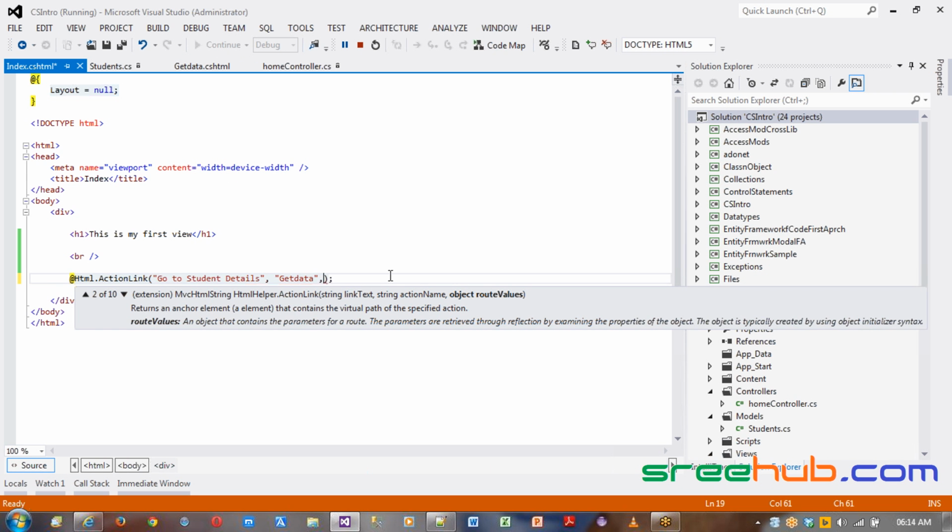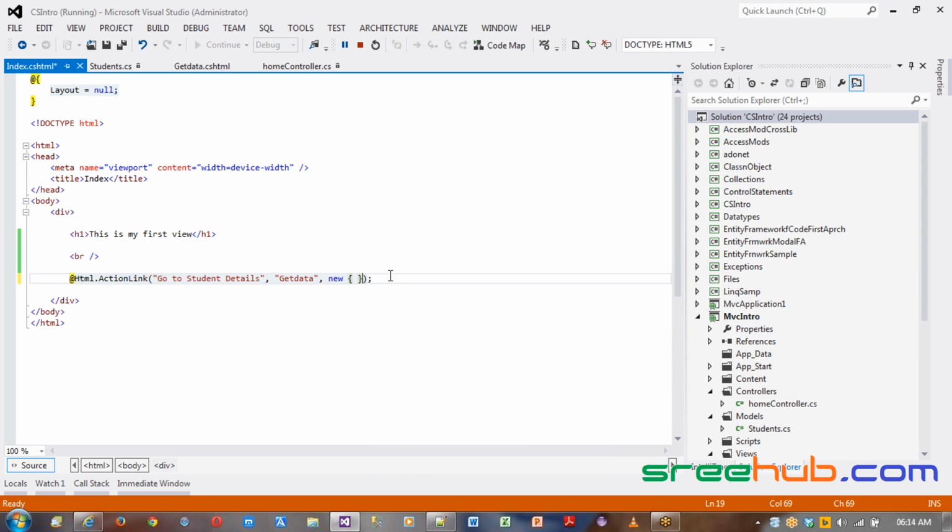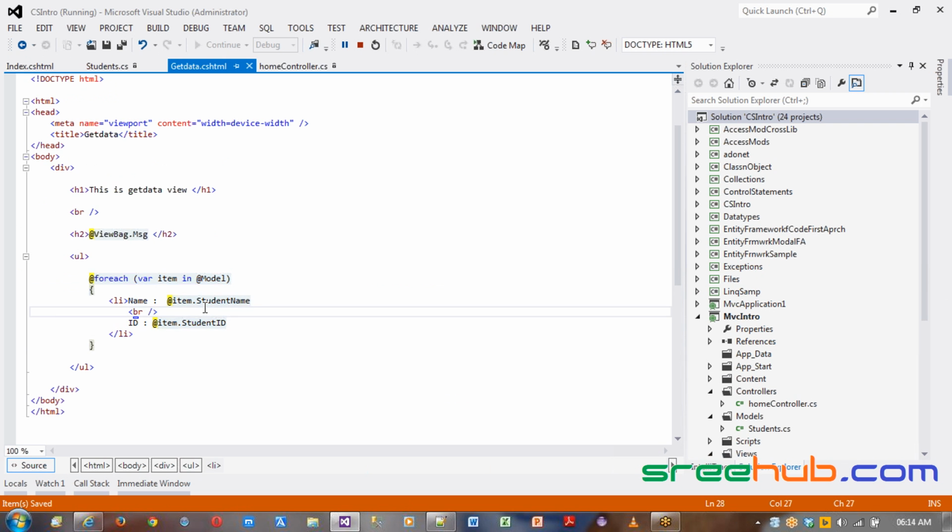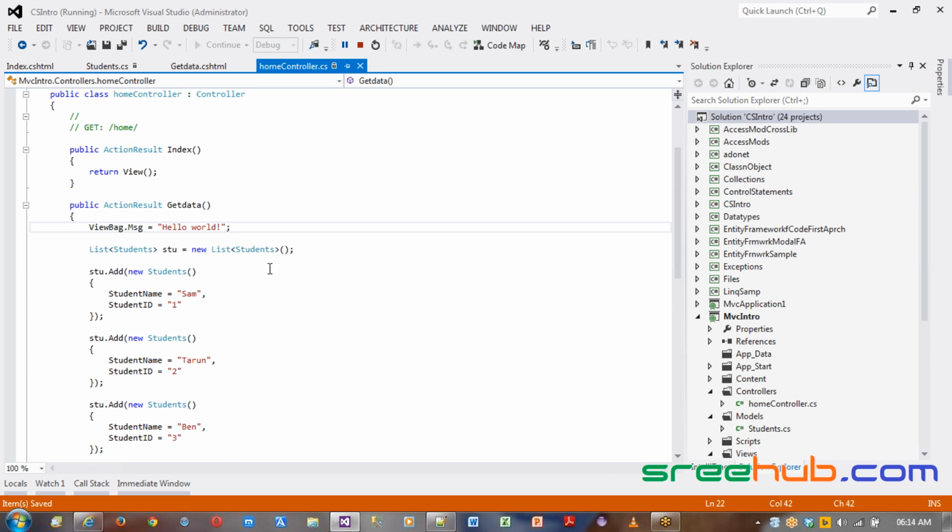You can go for one more method here, where you can send some route details. When I say route details, let's say here we are looking for name as Sam. So we want the details for Sam, and I'm sending it to my query string. Right? So in my controller, as soon as I get